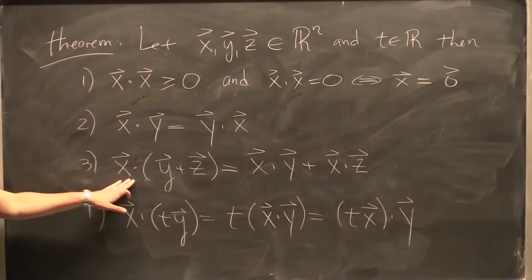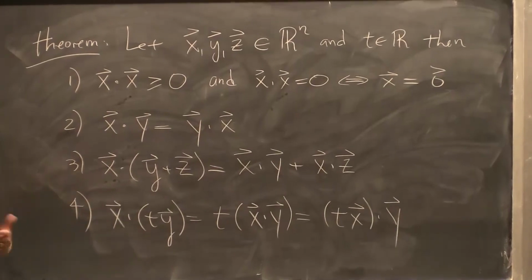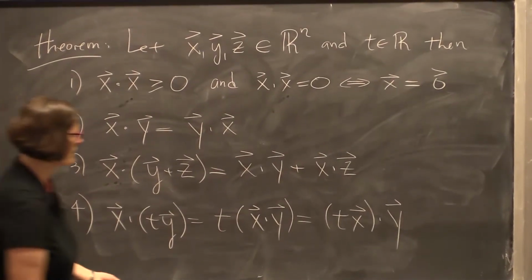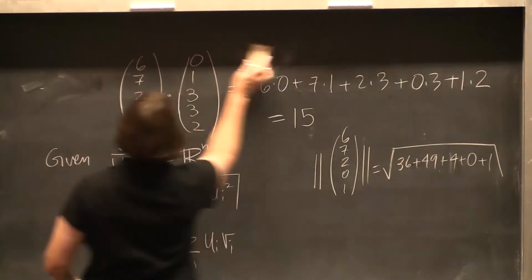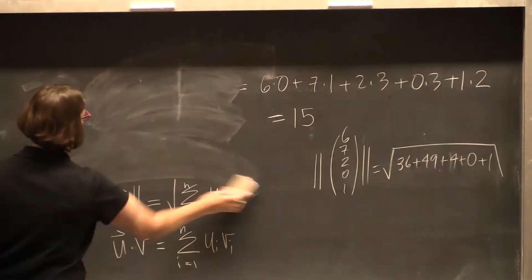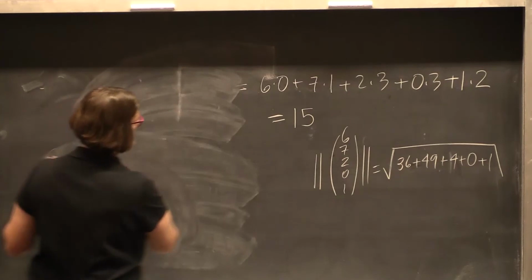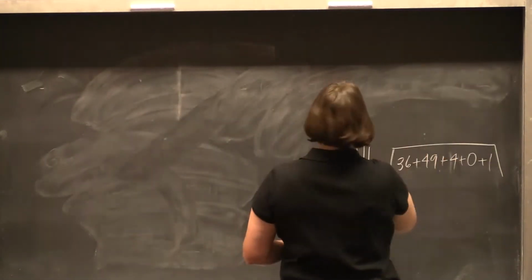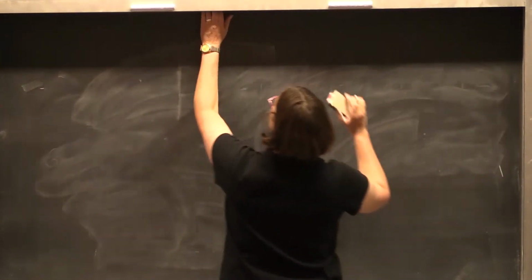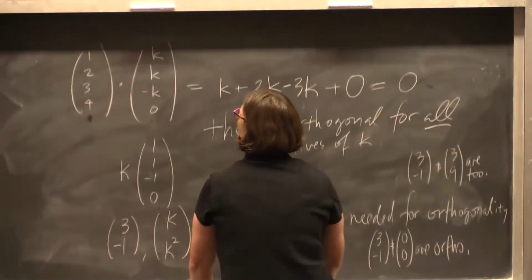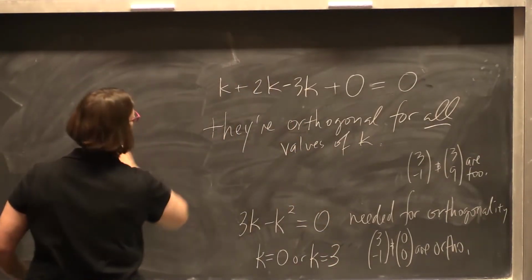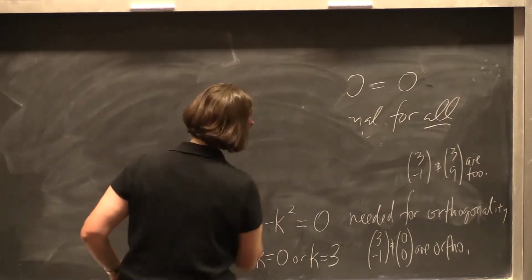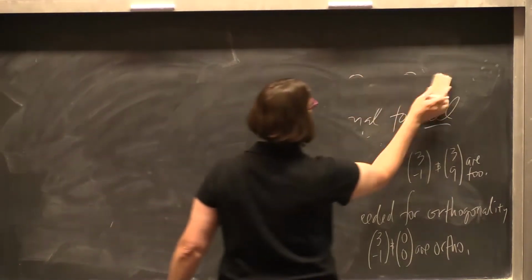So this one, again, it all boils down to things working for real numbers. And I believe the book has a proof. But basically, the dot product is nice because at every level you're invoking something from grade 3, and the fact that real numbers distribute, commute